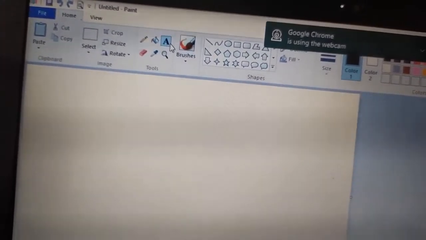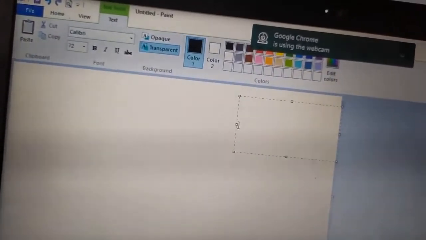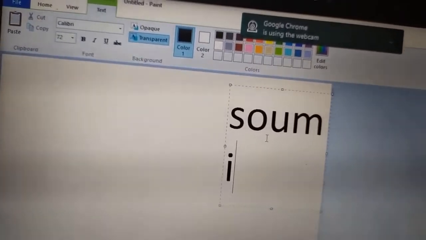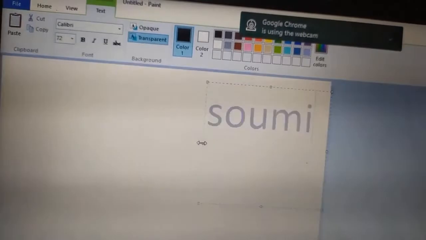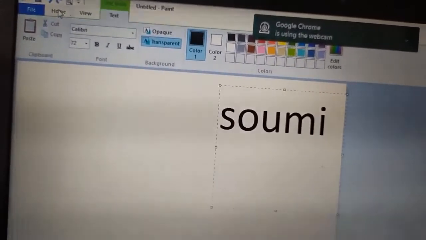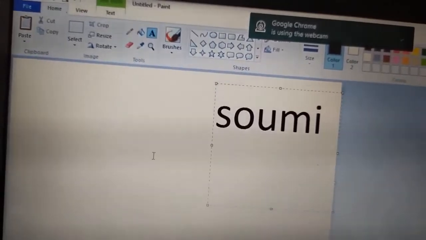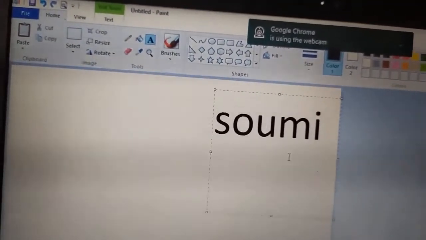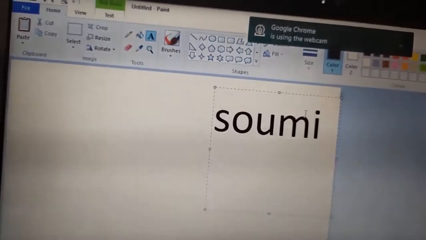Whenever we click, suppose here we want to write something, suppose our name, simply we type from the keyboard. After clicking the text tool of the Home tab, we will click in the drawing area where we want to write something. Then from the keyboard, simply we type. This box will come, inside that we will type.